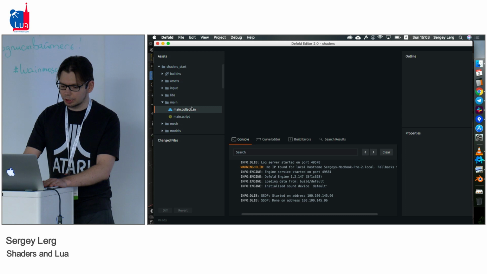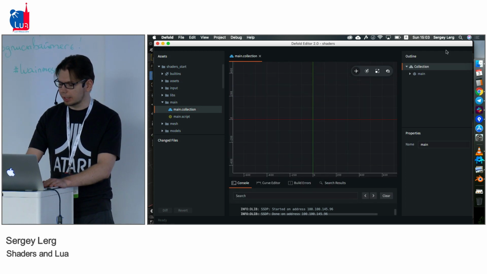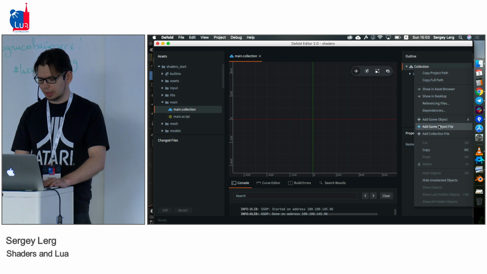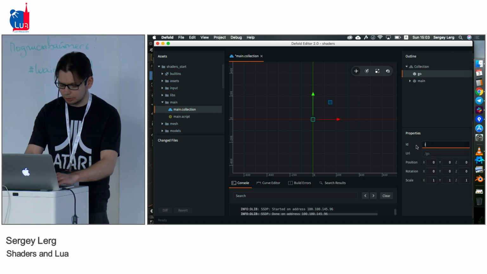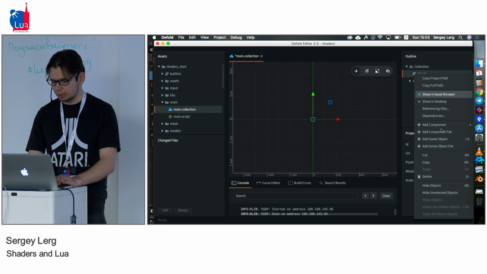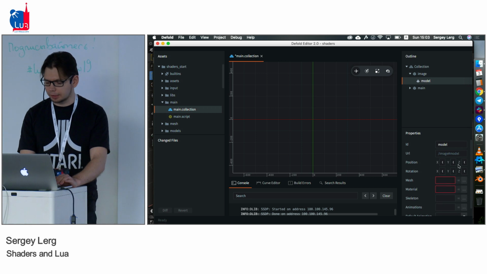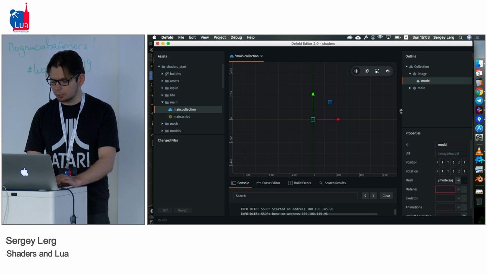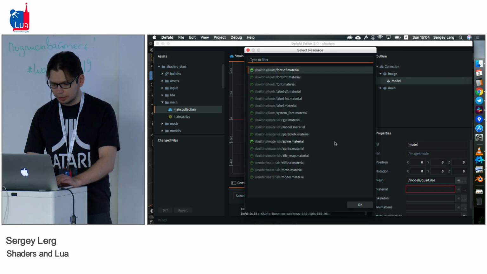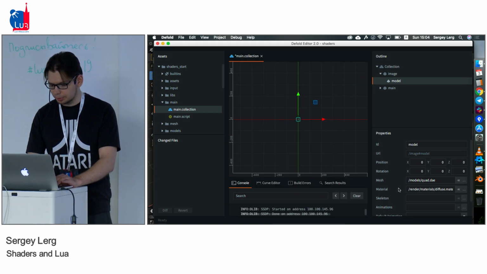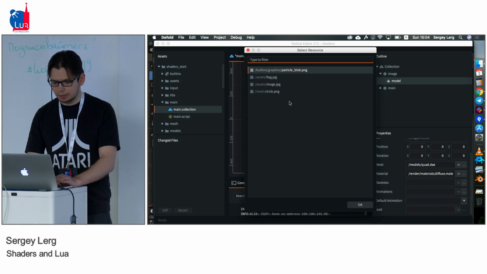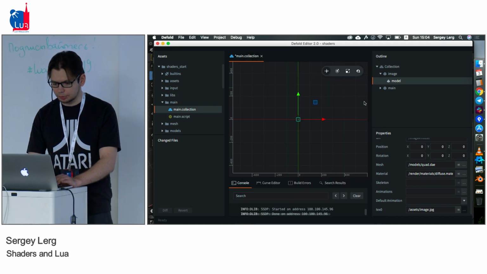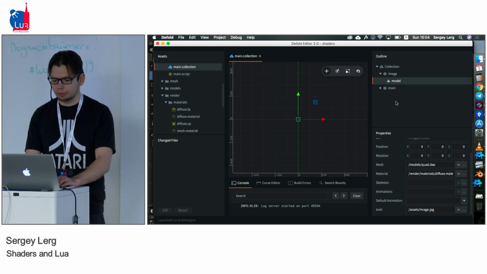In Defold, we go to the main collection file, which is like a level, like a stage, and we add a game object. Let's call it image. And in the image, we will add a model component. Model is like a 3D model or a flat model, which is suitable for rendering sprites and textures. Assign a material to it, for example, diffuse material, very simple one, and assign an image to it. Now, if we hit run